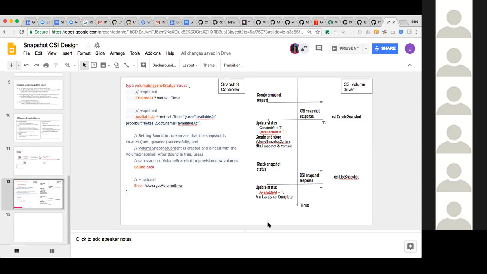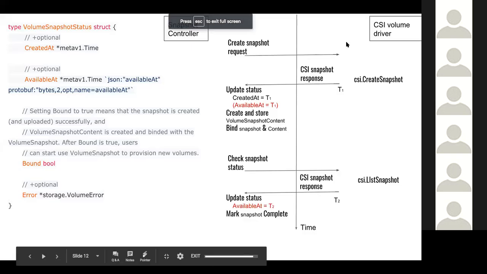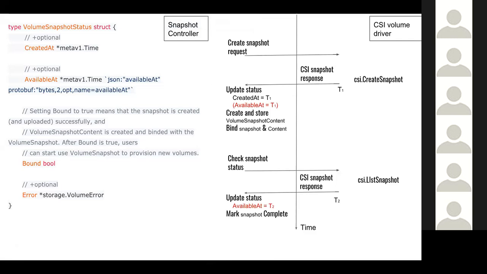But I've been thinking about this and also checking our controller. So I feel that might not be good enough. So here, as someone suggested, I created a timeline for the snapshot controller and CSI volume driver. Can you see my screen? Yep. Okay, great. So let's have a quick overview of what happens between the snapshot controller and CSI volume driver during